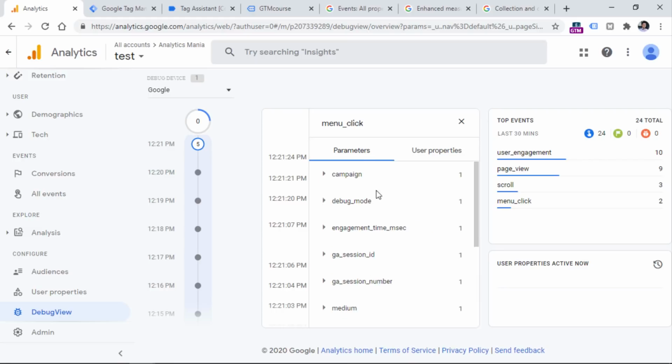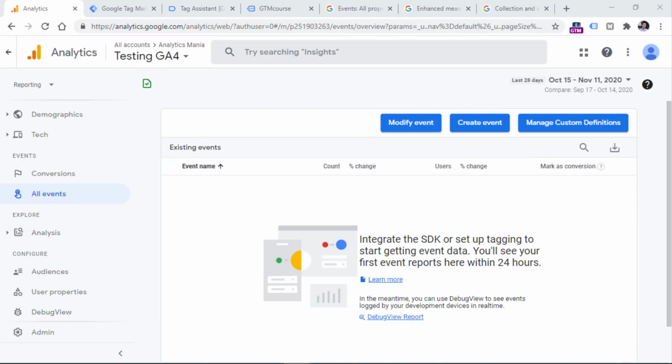So once you start seeing your custom event and custom parameters right here, that is a good sign, that's a good thing. And then after 24 hours have passed, you will start seeing your events in the all events section of your Google Analytics reports. At the moment, I don't have any events. Maybe you don't have any as well. So that's why the list is empty. But after 24 hours or a bit earlier, you will start seeing your events right here. This includes events like scroll that is coming from enhanced measurement, maybe some recommended events, and also your custom events will be displayed here as well.